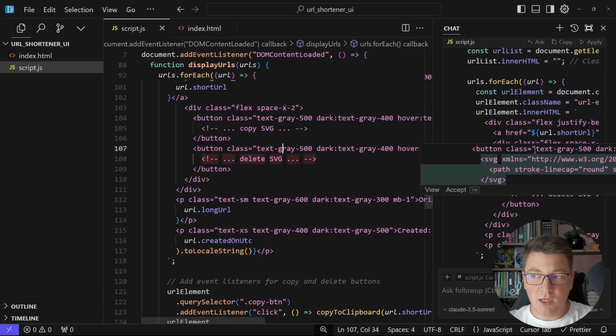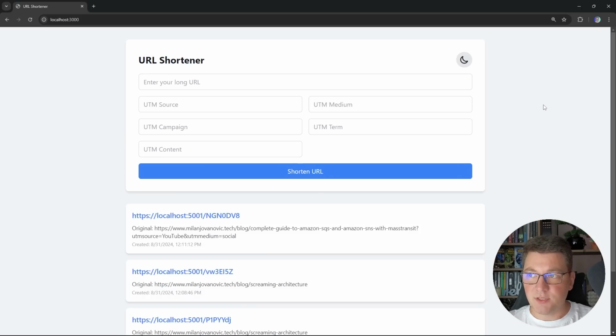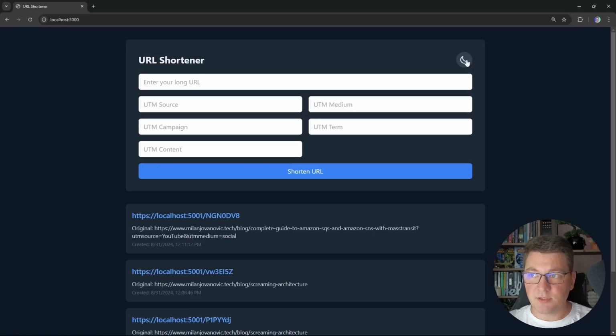And then let's check out the user interface. If I refresh the UI, here is my dark mode button. And if I click, you can see that we have completely functional dark and light mode switch. So now I can continue to tweak this to make the button change the color a little. I could make this form with the UTM parameters completely optional so that I can expand it or collapse it on demand. But essentially you can get to a very functional user interface really quickly using the Cursor IDE and